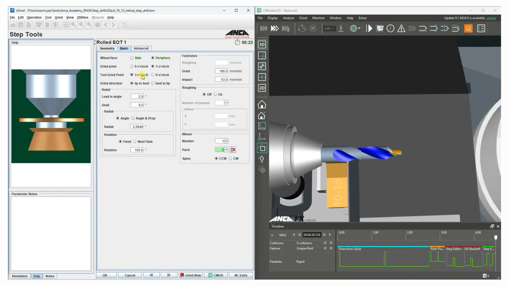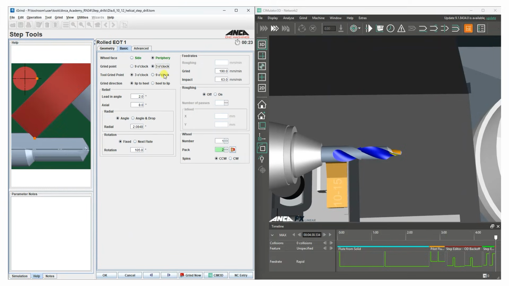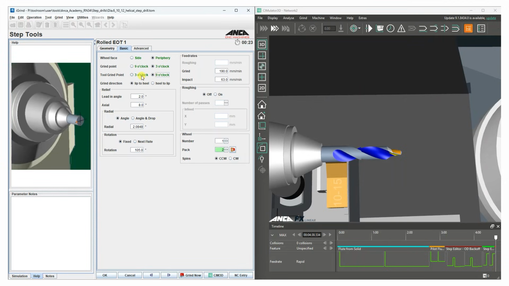Grinding with the periphery opens up the option to grind with either side of the grinding wheel and grinding on either side of the tool. It's important to confirm that the right selections are made here to avoid any collisions on the machine.